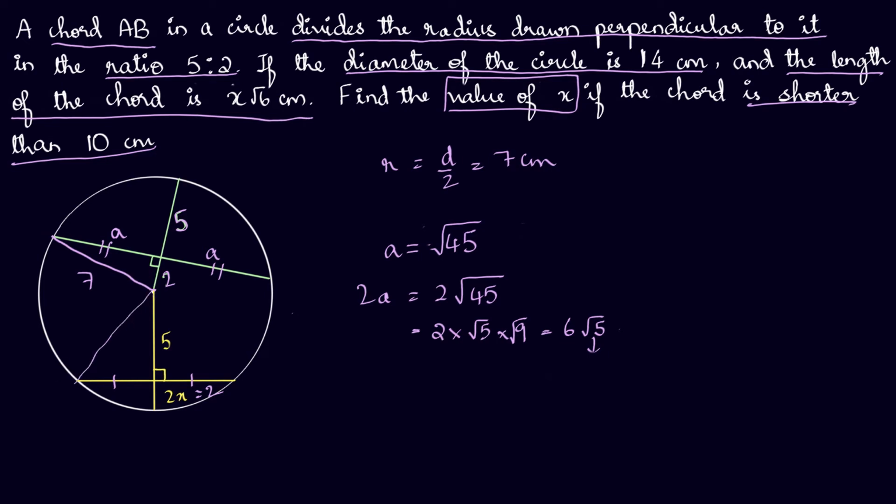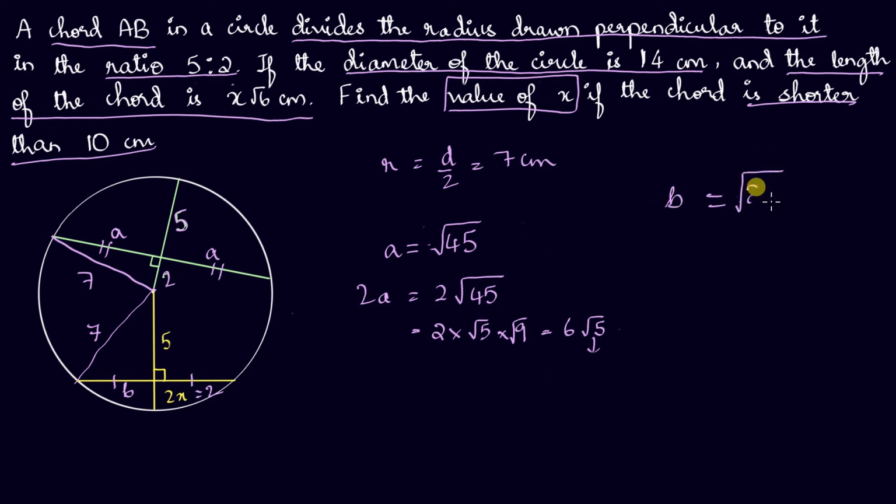Now if we connect this one to here and call this length b, this is again 7, this is 5, we can say that b square plus 5 square is again 7 square. So 5 square is 25, 7 square is again 49. Again 25 will go over to this side to become minus 25. Nothing will remain here but b square. So b square is 49 minus 25, which is a simple 24. And now b will be the square root of 24.